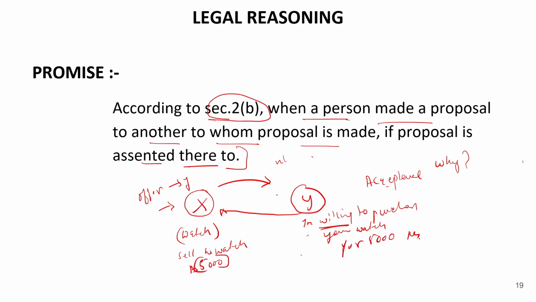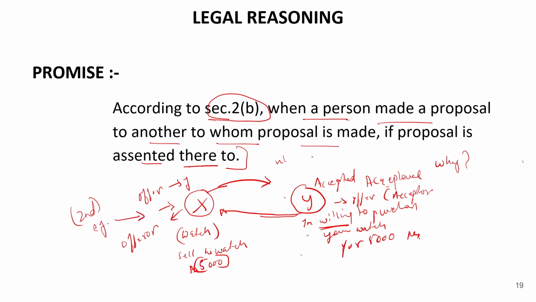And here, if we differentiate between the two examples that we have given, Y is making the offer and not X. Had it been the scenario that X has made the offer and Y would have accepted it, then Y would have become the offeree or the acceptor, and X would have become the offerer. But in the second instance,